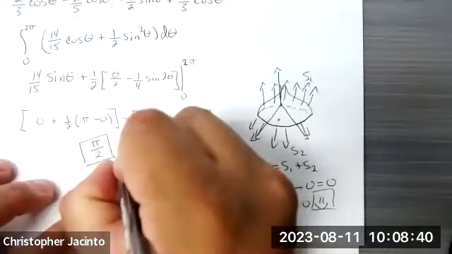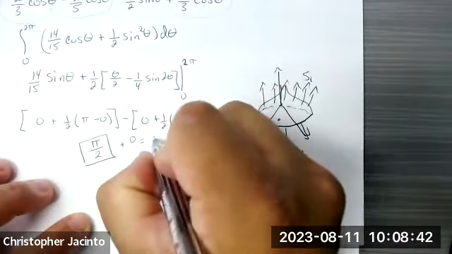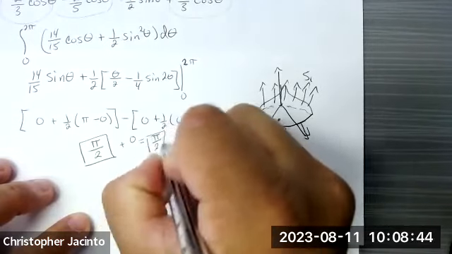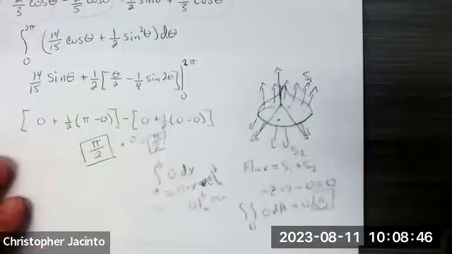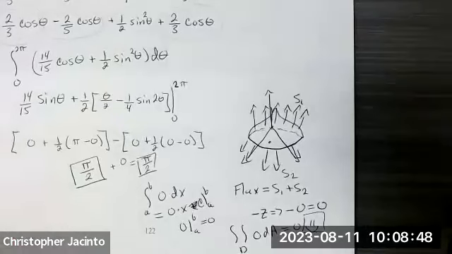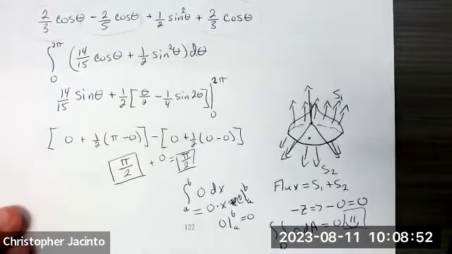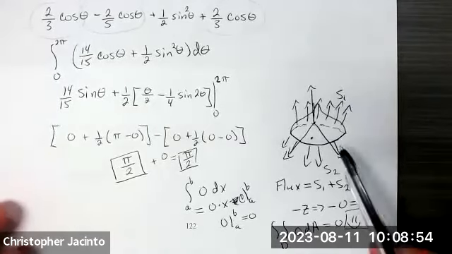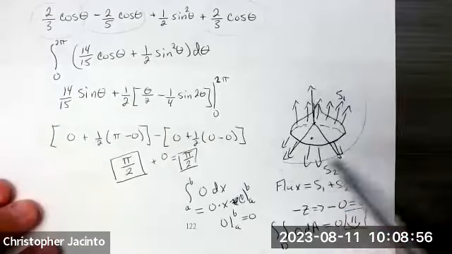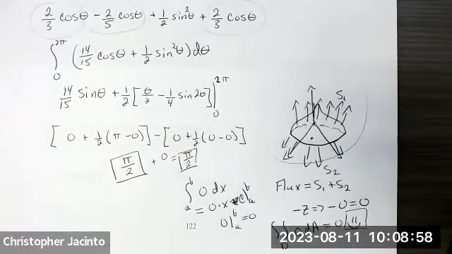So technically it's pi over 2 plus 0, which still gives you pi over 2. Again, I don't expect you guys to do this, but it's just a fun little showing of how, when it breaks, we could still apply it to our fluxes. And this is actually an application of when it's actually done, because some people go this way, that way, and